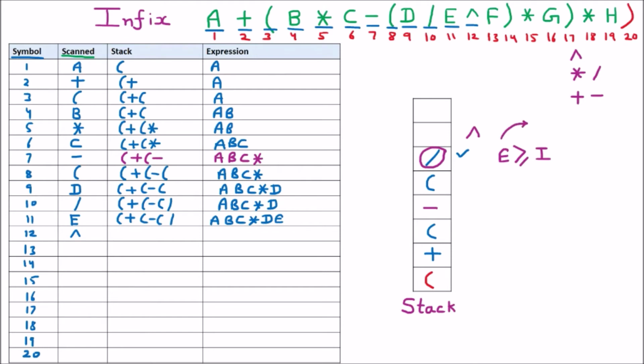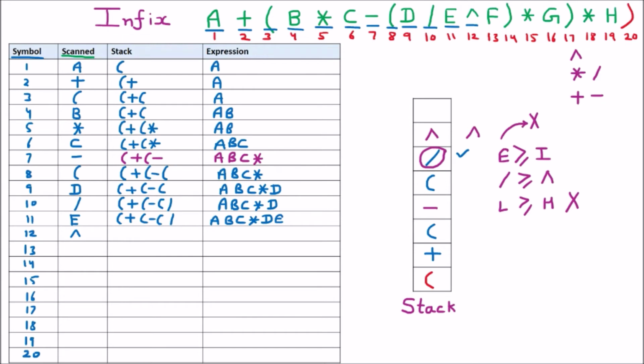So here we are checking whether the existing one, divide, is greater than or equal to the incoming operator, which is power. But here the slash has the lower precedence and the power symbol has the higher precedence. So this is not greater. That means this will not come out. So slash will remain here and the power symbol will come above that, because the divide symbol has lower precedence than the power symbol.